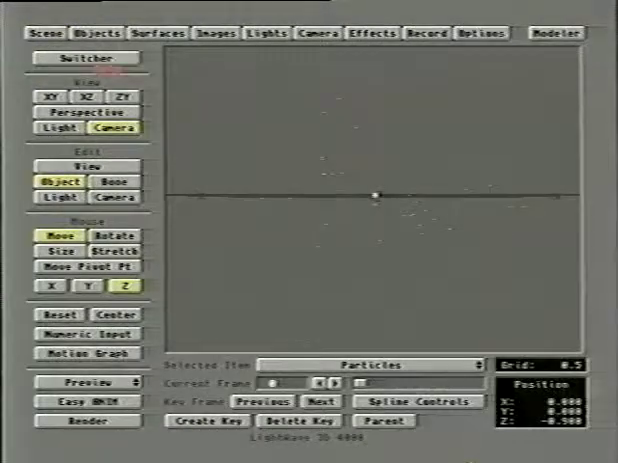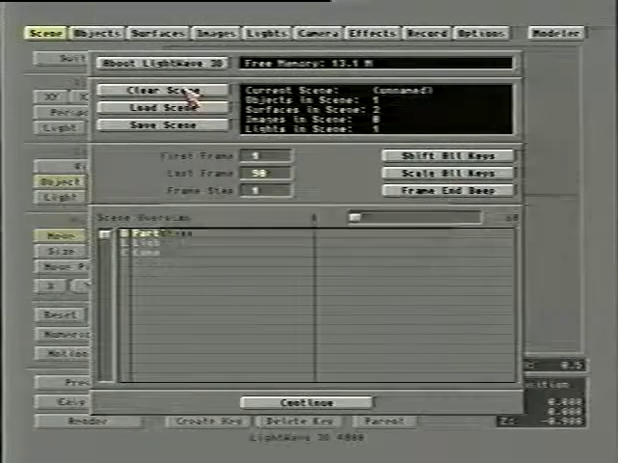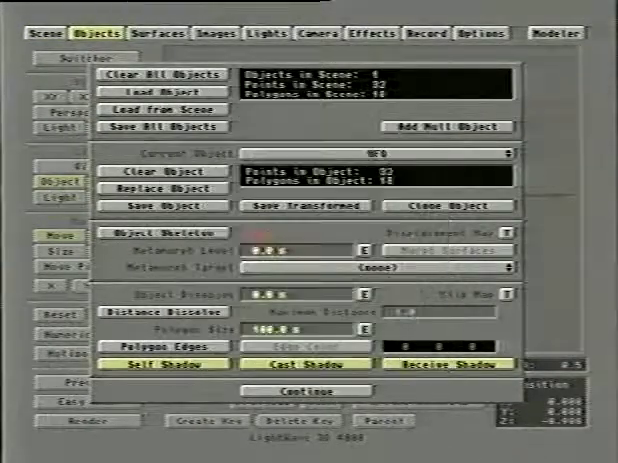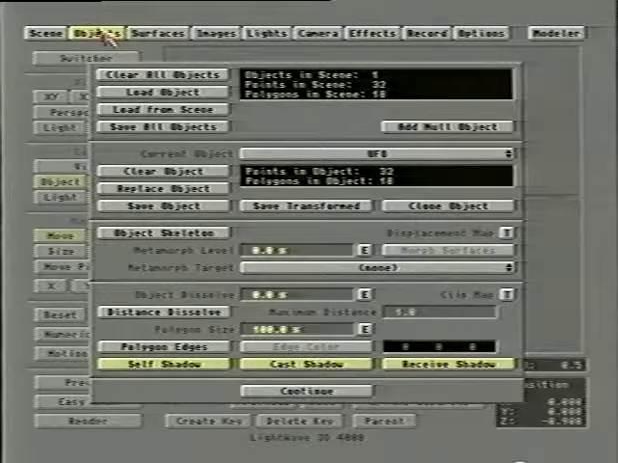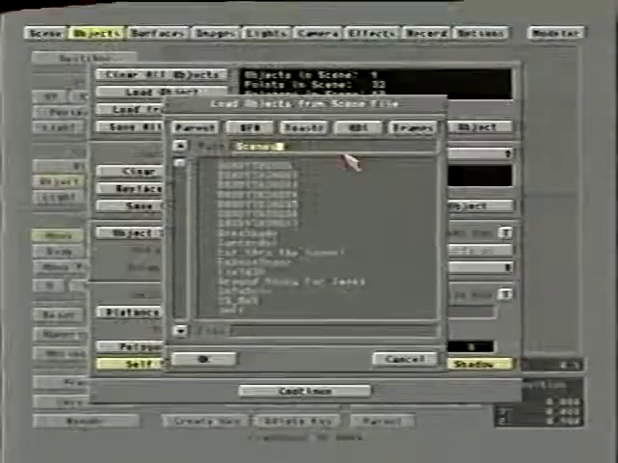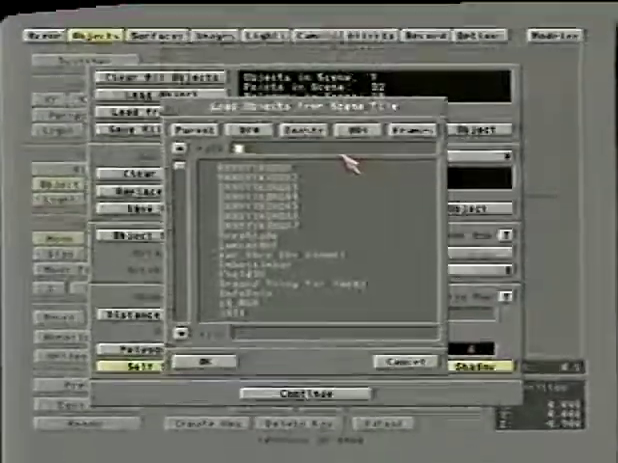Exit out to Lightwave. Clear out everything we got here, just so we're starting from scratch. Load up the old UFO object. And now under Object Still, do a load from scene. Go to your RAM disk. Just type in the word RAM: